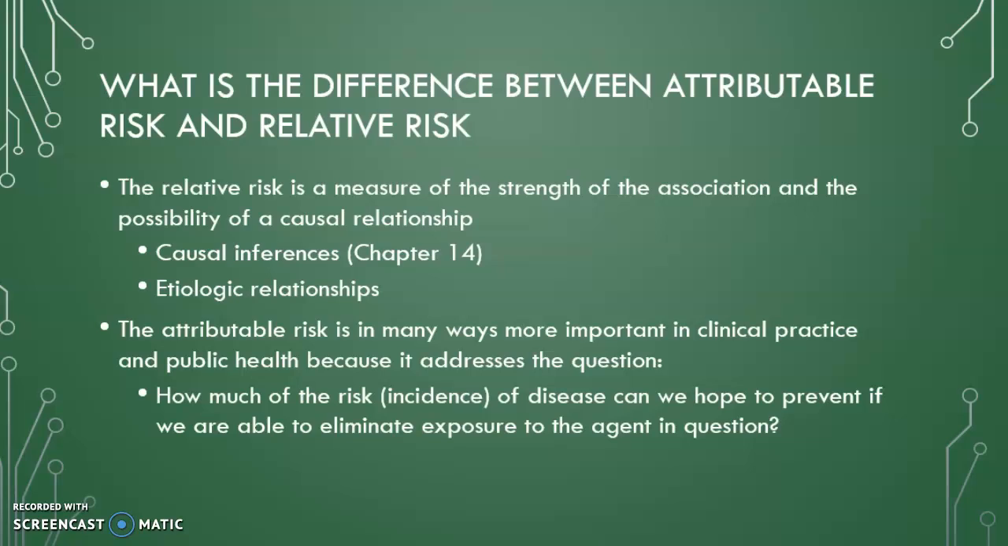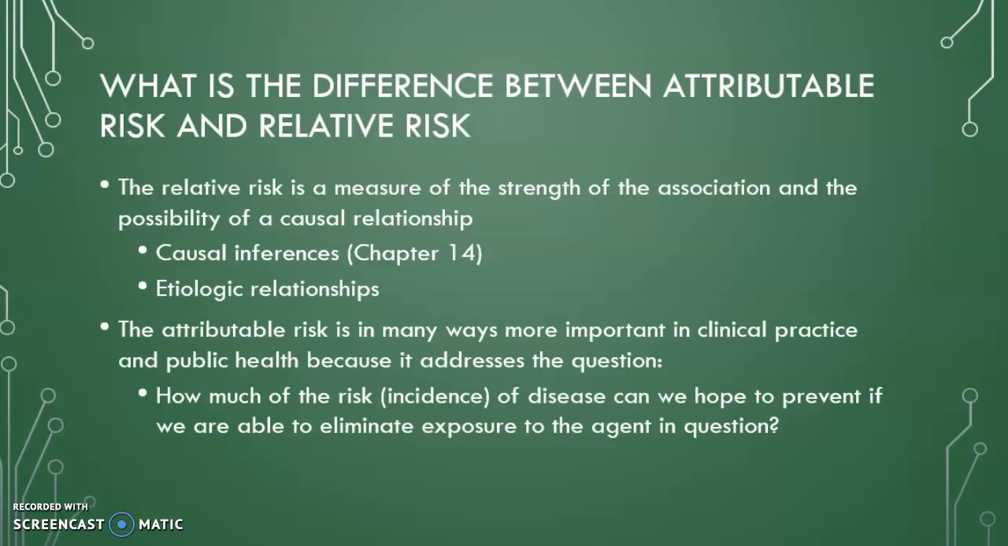Before moving on, I did want to go over what the difference between attributable risk and relative risk is, because this is really important and it was spoken about a lot in the chapter. So, relative risk is a measure of the strength of association and the possibility of a causal relationship, and this was also discussed in Chapter 11. And relative risk helps us make causal inferences, which will be discussed later in Chapter 14, as well as etiologic relationships. So, the difference is the attributable risk is in many ways more important in clinical and public health because